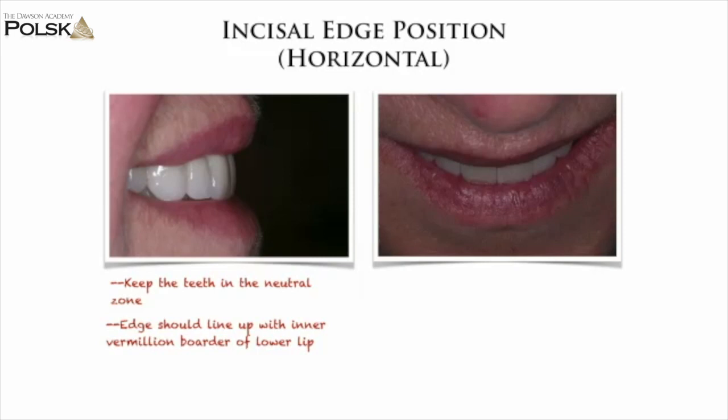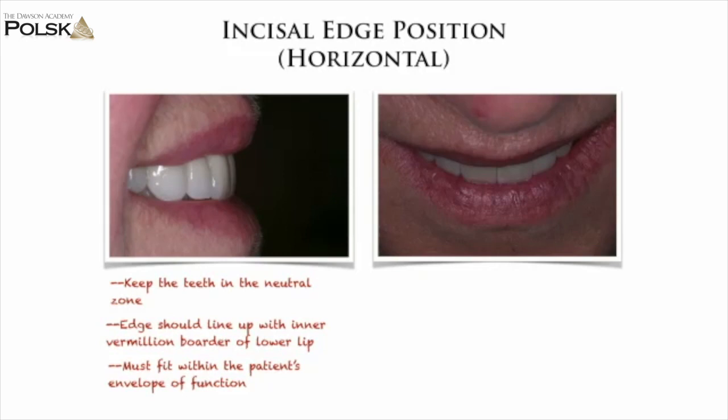of the lower lip. And as we look at this picture that's on the left of this 90-degree smile photograph, we can see that the maxillary central incisor is in 3 planes. And the trajectory of that incisal edge is going back towards that inner vermilion border, which is where the mucosa and the outer cutaneous portion of the lower lip meet. Now also this horizontal position of the maxillary incisal edge will have a great impact on the